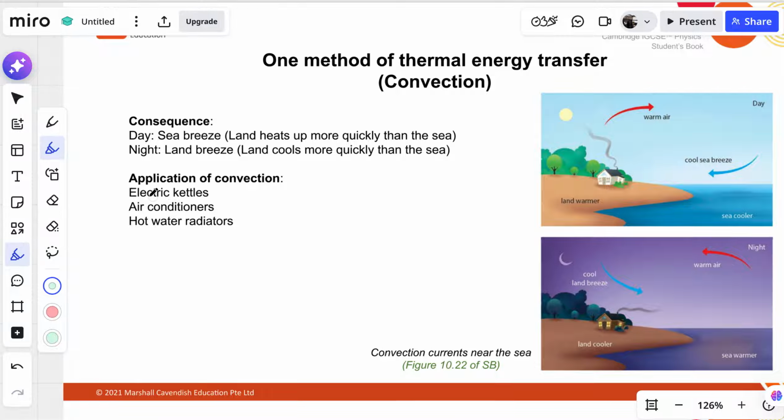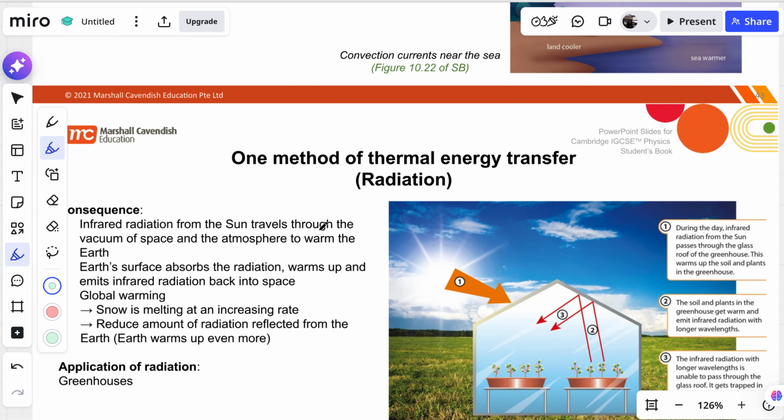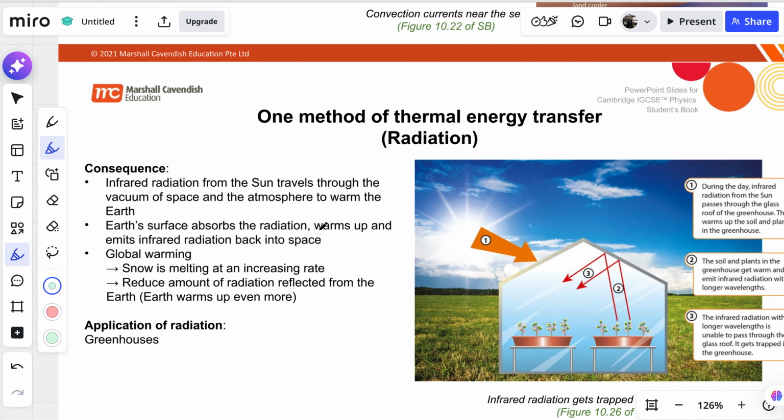So what are the applications of convection? We use it to make electric kettles to heat water, air conditioning to provide cold air to the room and absorb the warm air into the air conditioner, and also to make hot water radiators in cars, or hot water radiators in whatever we want to apply it to. Okay, now also